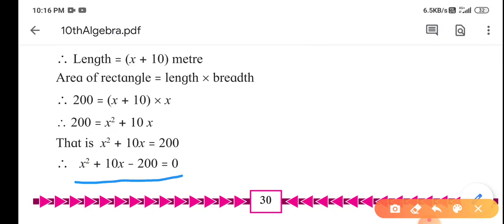So is this a quadratic equation? Yes, because the highest degree of this equation is 2. That's why this is a quadratic equation. All of you know how to solve this by using the factorization method; in the previous year we saw how to solve quadratic polynomials by factorization. In the next video we will introduce what a quadratic equation is, what the standard form of a quadratic equation is, and how we can identify whether a given equation is a quadratic equation or not.